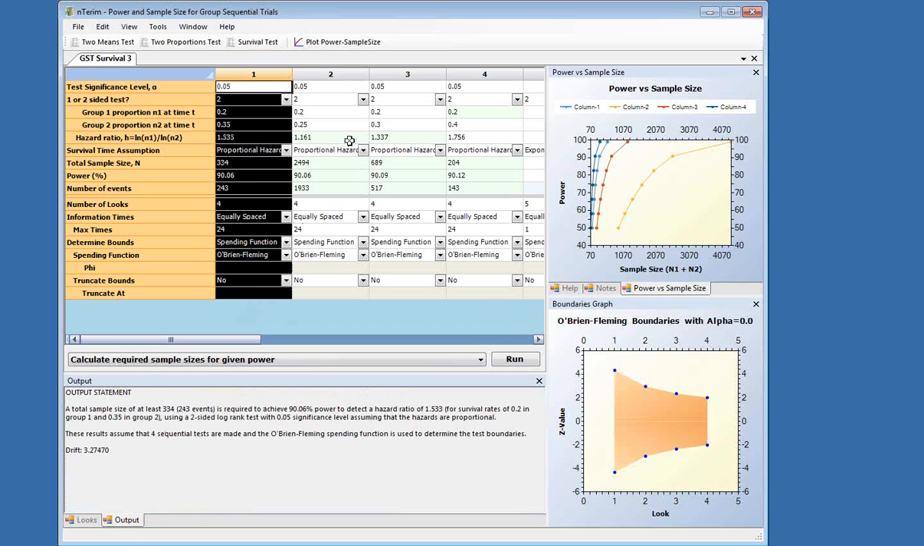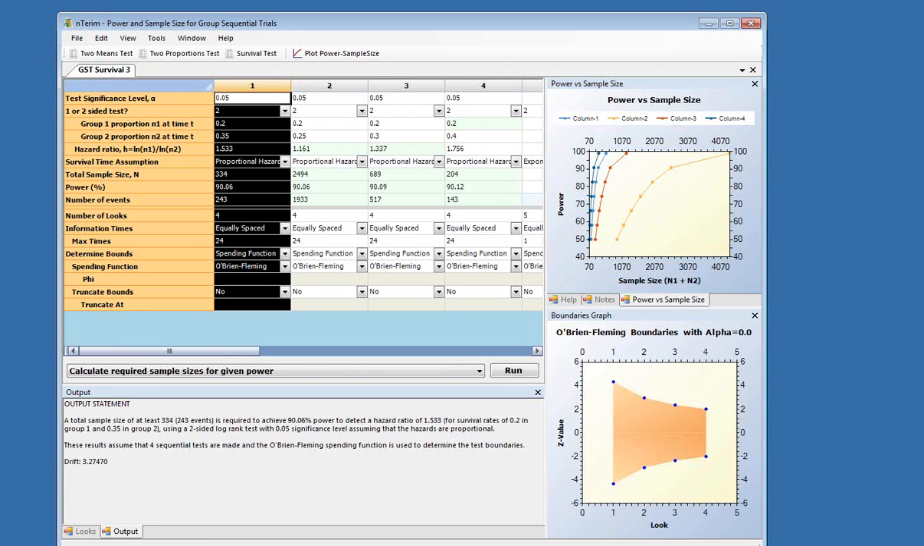The output statement is automatically generated for each column when you run it. So here our output statement says that a total sample size of at least 334, that is 243 events, is required to achieve 90% power to detect a hazard ratio of 1.533. It's using a two-sided log-rank test with a 5% significance level, assuming that the hazards are proportional. So these results assume that 4 sequential tests are made and the O'Brien-Fleming spending function is used to determine the test boundaries. So that's how you calculate sample size using the nTerm software, and that concludes our webinar today on